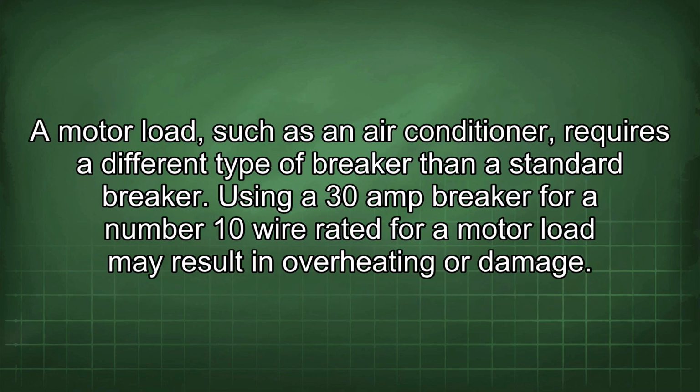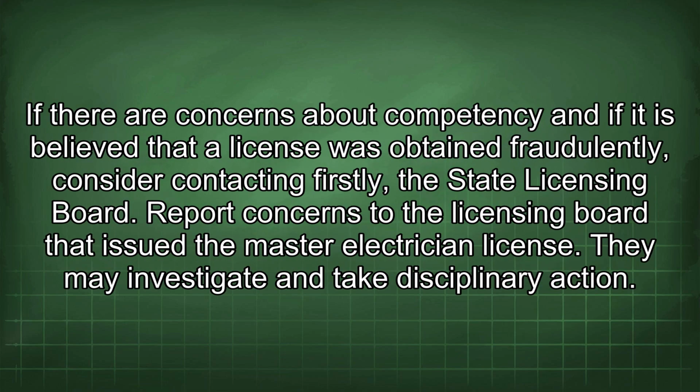A motor load, such as an air conditioner, requires a different type of breaker than a standard breaker. Using a 30 amp breaker for a number 10 wire rated for a motor load may result in overheating or damage. If there are concerns about competency and if it is believed that a license was obtained fraudulently, consider contacting